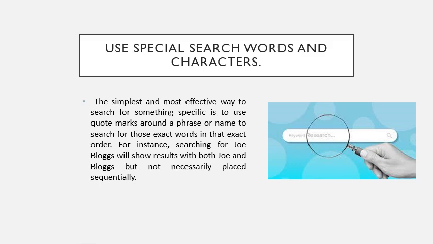Okay. Now, for example, if I search for Joe Blogs, whether I write down Blogs first or Joe first, it will look for all the data where Joe or Blogs is mentioned. Okay, so if you want to look for any specific personality, you have to put that in inverted commas. So this is the importance of the keyword or search words or special characters in search engine optimization for Google Chrome or any other search engine, so that they can optimize your result and give you the reliable information,